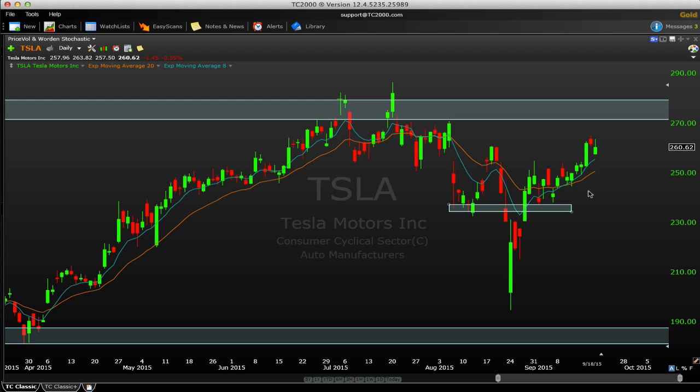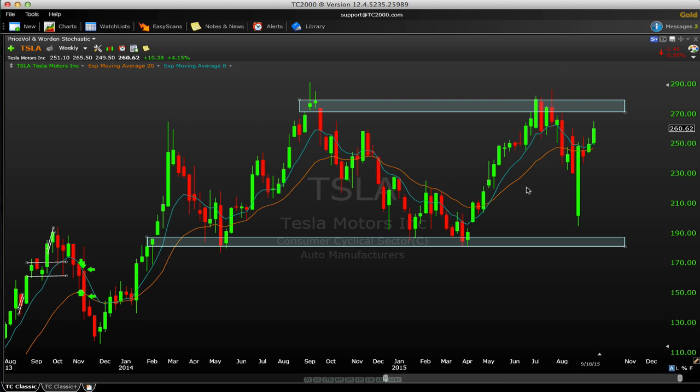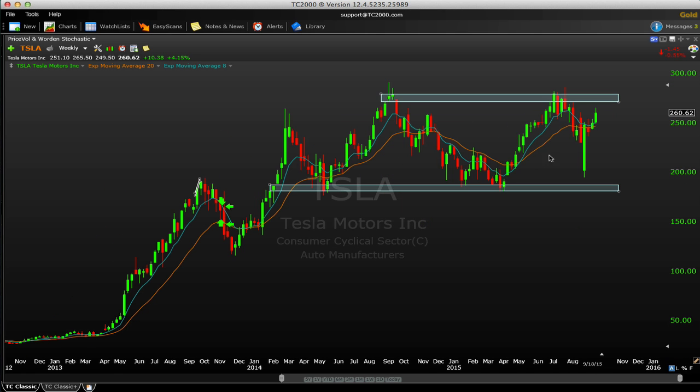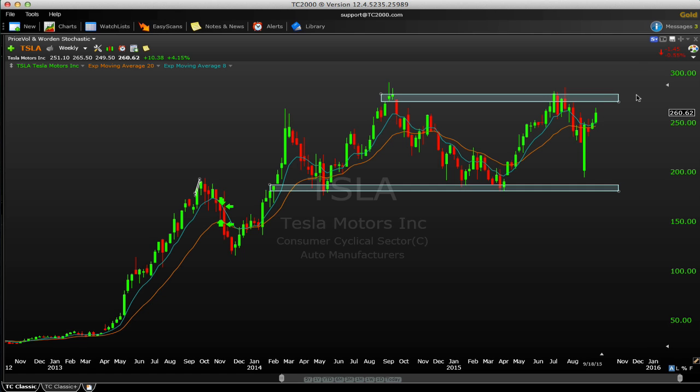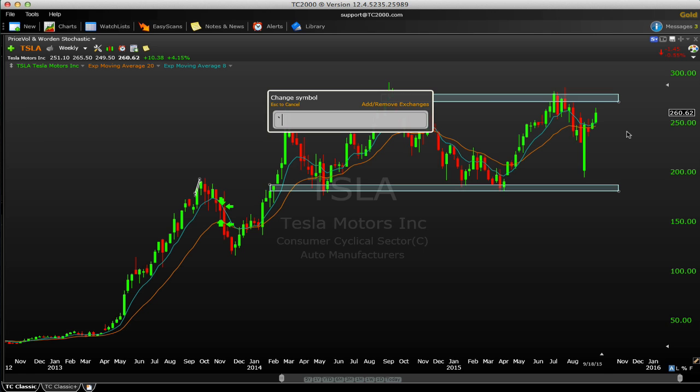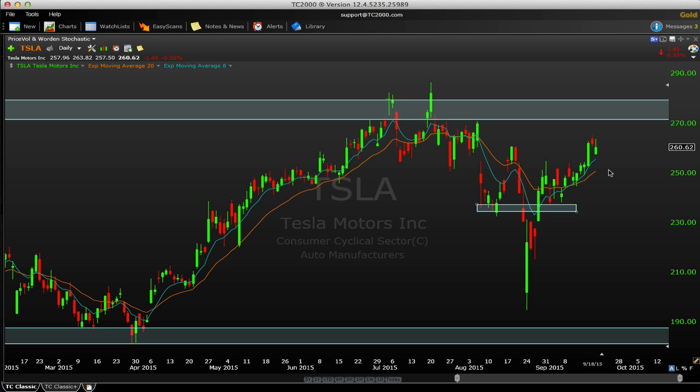And then finally, Tesla, sort of in no man's land too. It's in a pretty wide range. Look at a weekly picture. I think this is sort of what we're looking at here. We're in just a long sideways range. Might need a lot more time to just fill itself out, but basically 280 or so is the all-time high. That's the target the bulls need to get back above, but it could mean just a few more weeks or many weeks of just kind of slogging around up here. So don't see anything too actionable right now in Tesla, but it is definitely some constructive action.